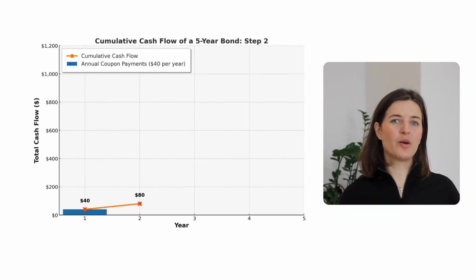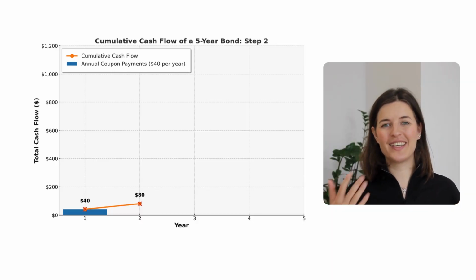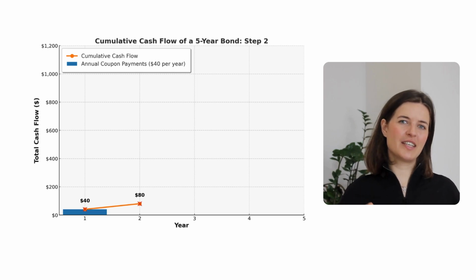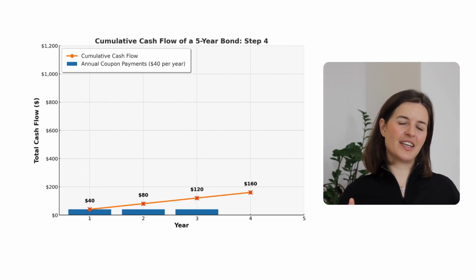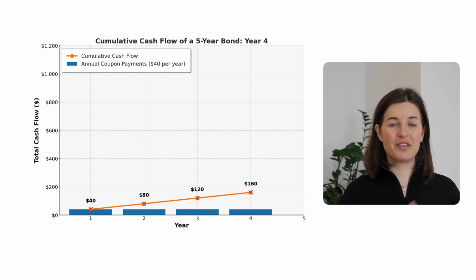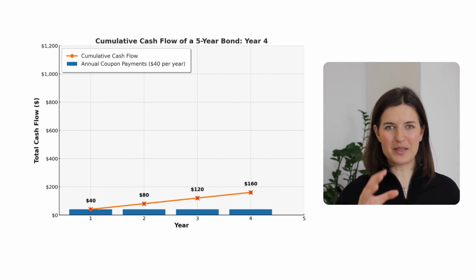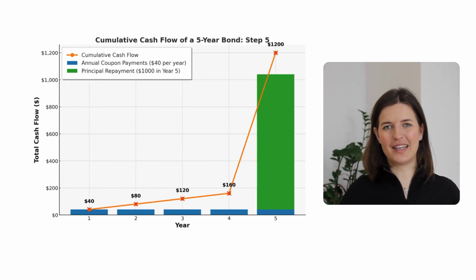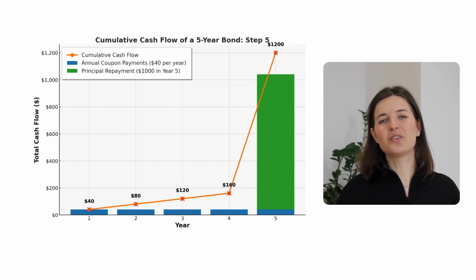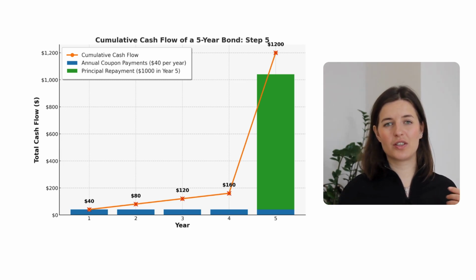Those interest payments are called coupon payments. For example, let's say you buy a 5-year bond from a company with a 4% interest rate, which is also called the coupon rate. So if the bond's value is $1,000, then you will receive $40 each year for the next 5 years, which is 4% of the principal that you initially invested in the bond. And at the end of the 5 years, the company will also return the $1,000 which you originally invested.